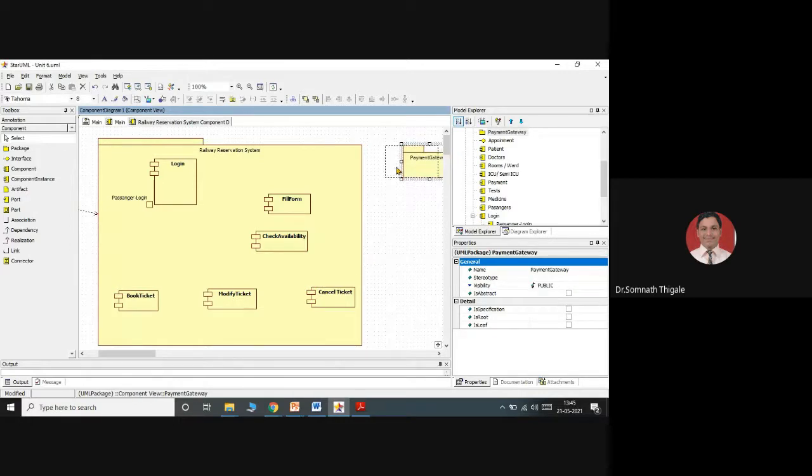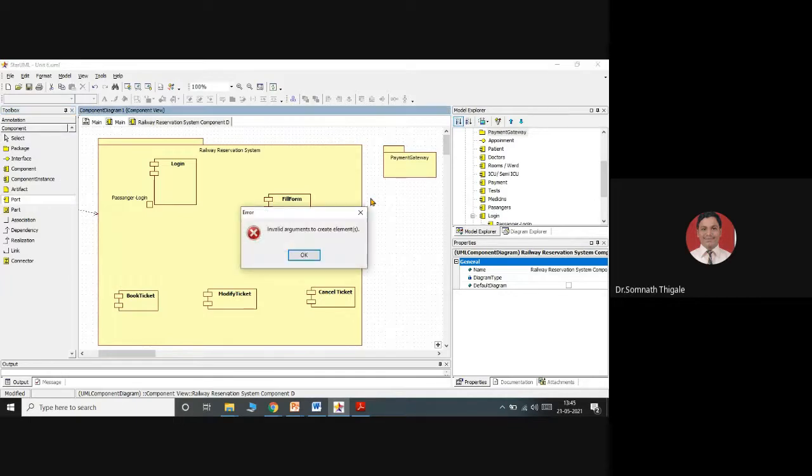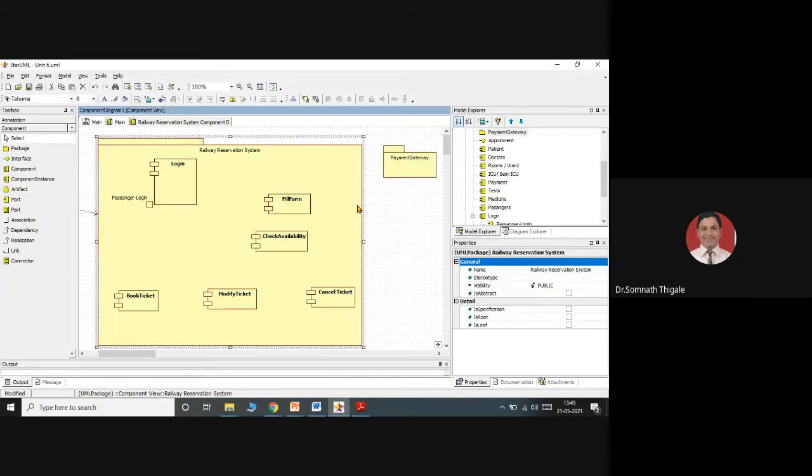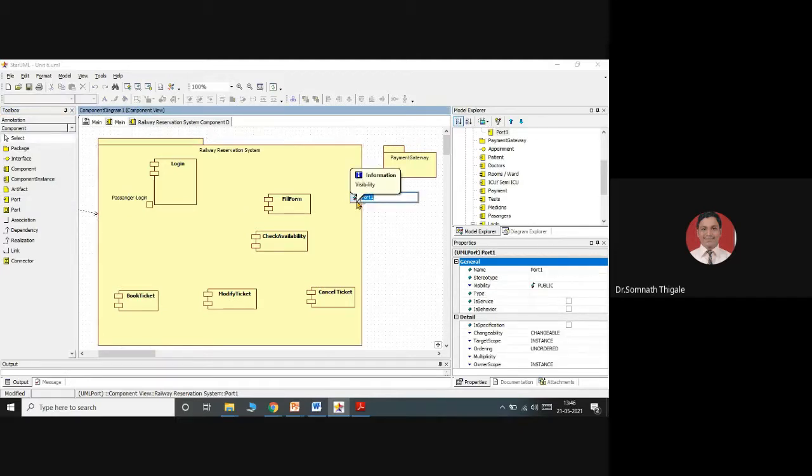Then I need a separate port over here. That port I am calling simply a printer, connected directly to this.